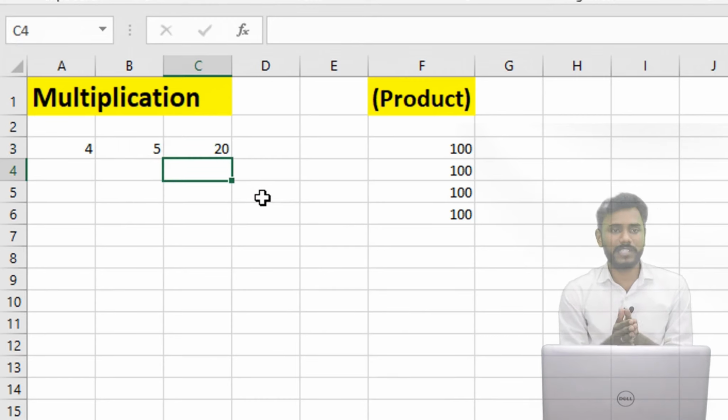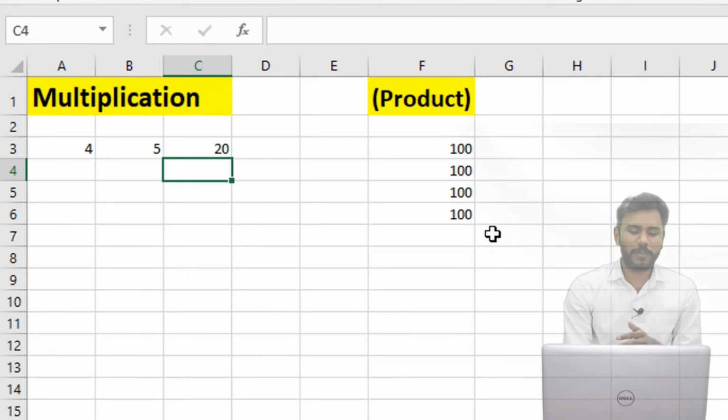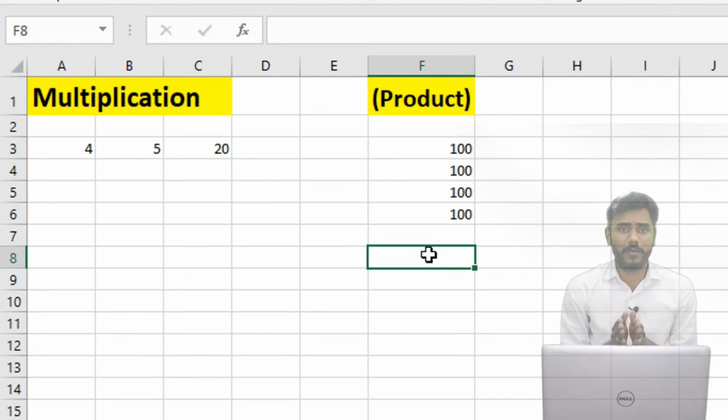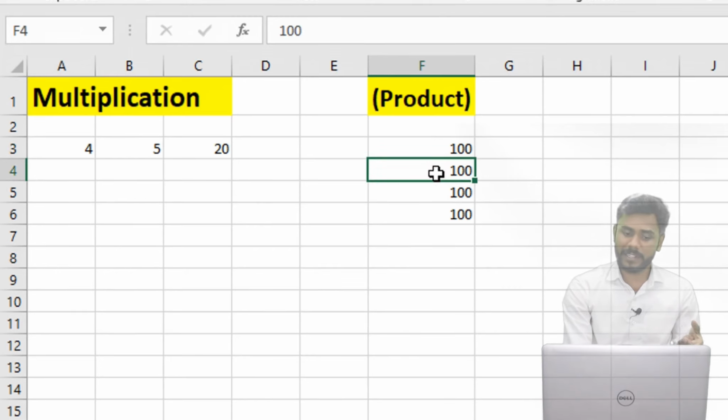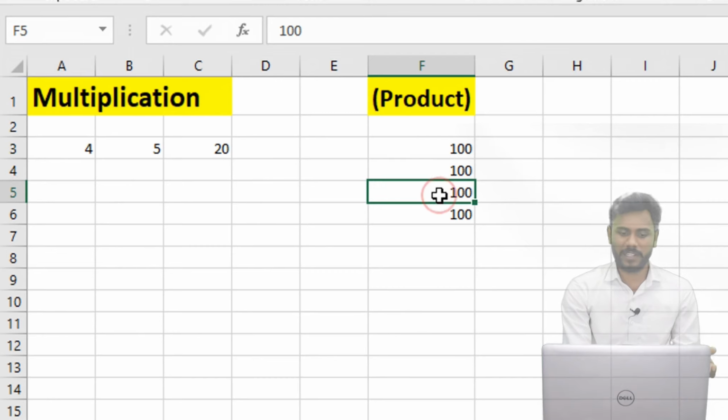And here we also discuss the next one, that is product. See, what is product? Product is a formula which is used to multiply all arguments in a range, also known as repeat multiplication. Very simple. I just want to know the result of 100 into 100, that result again into 100, that result again into 100.